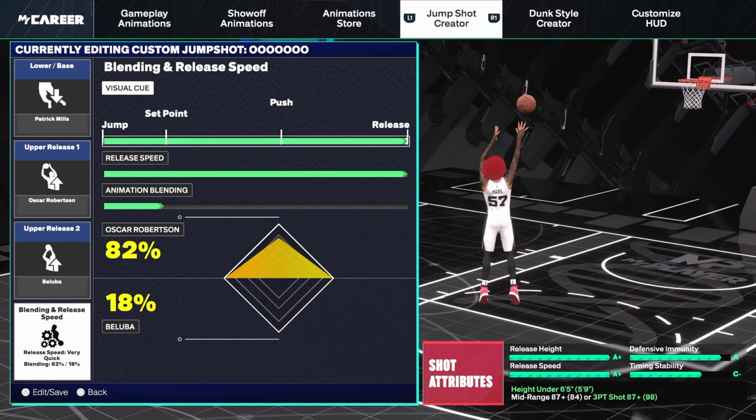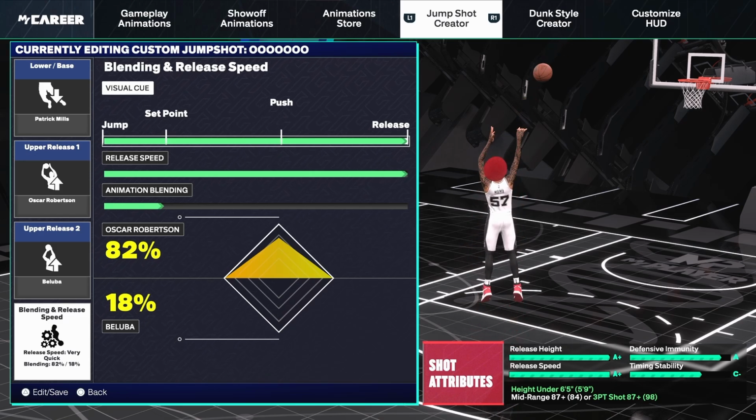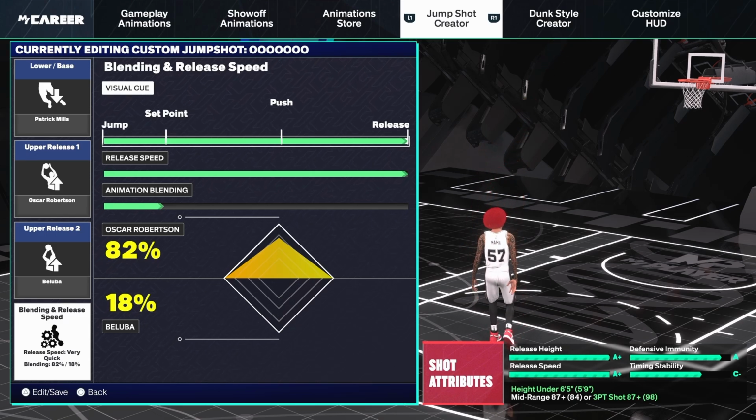And as far as my jump shot goes, again, you do have to be starter 4 and 6'4" and below to unlock this jump shot. I am using Patty Mills, Oscar, and Baluba. Yes, that is Mike Wang's jump shot,